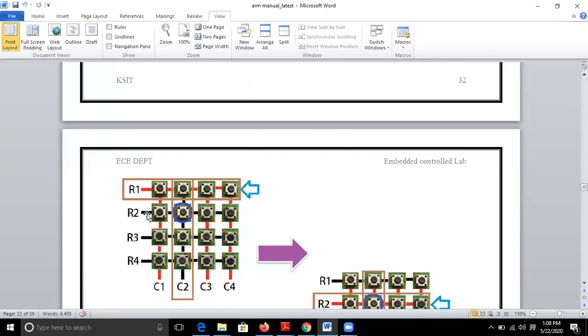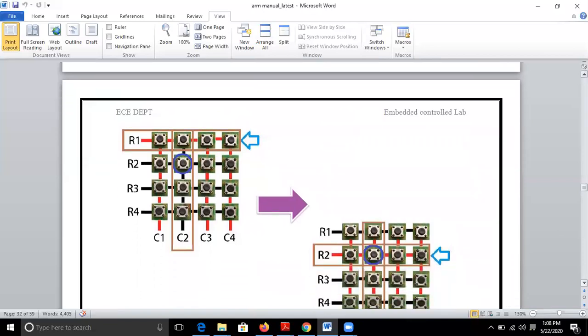Now row 2 will be driven with VCC. At that time, again, you start reading the column C2 value. That should give a value of VCC, that is logic 1, because the key pressed belongs to row 2 and column 2, right?